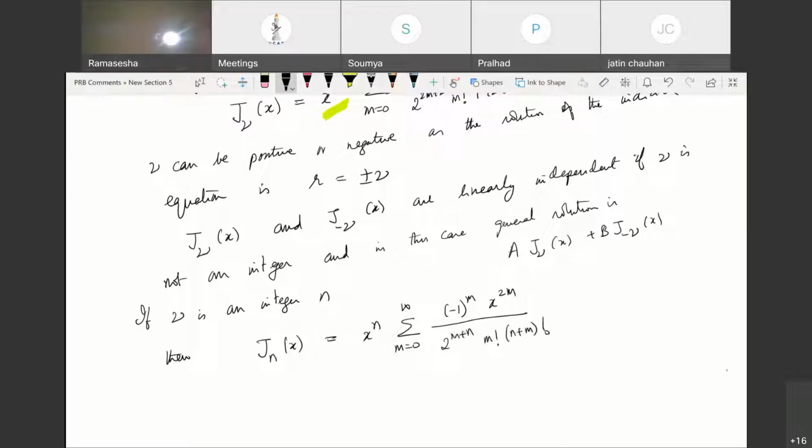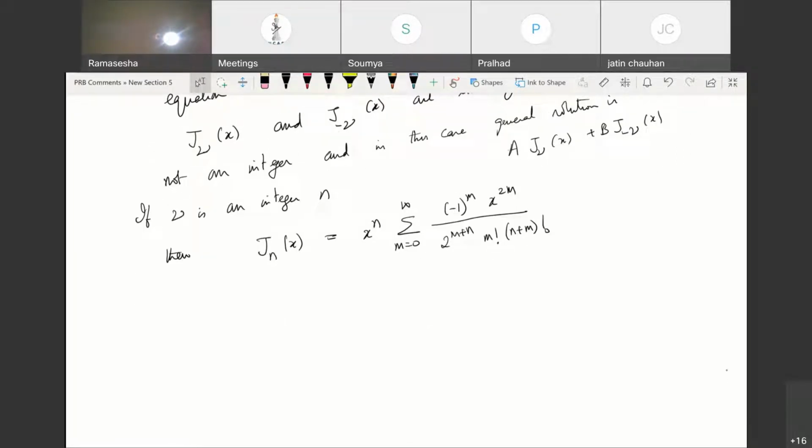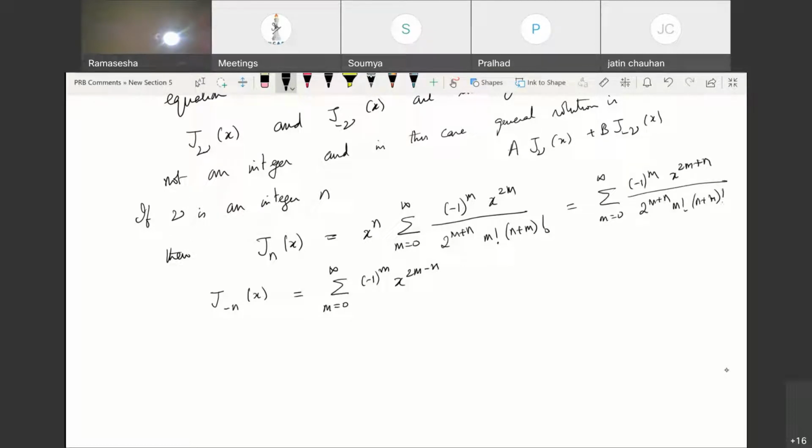So this is what we get. G of m minus x 2m minus 1, x to the power plus n divided by 2 to the power m factorial factorial. Okay,